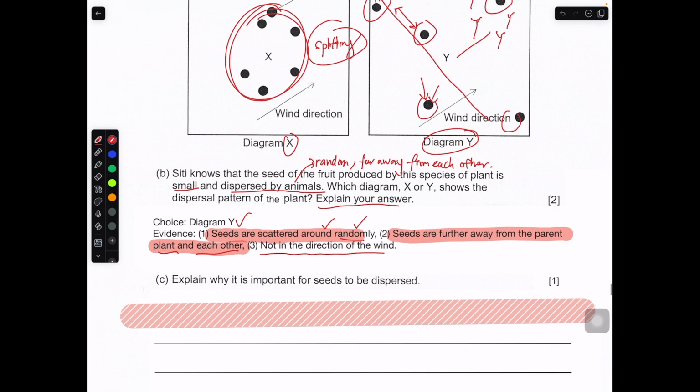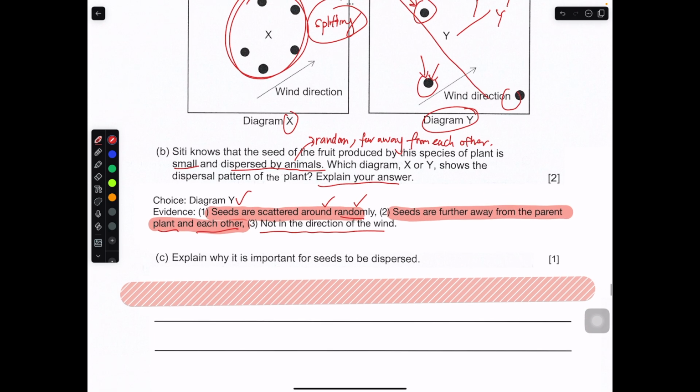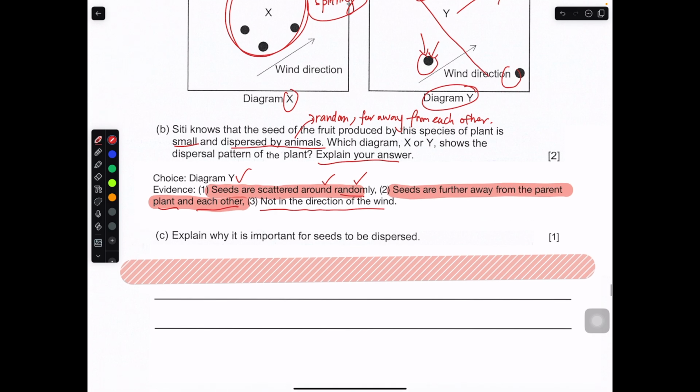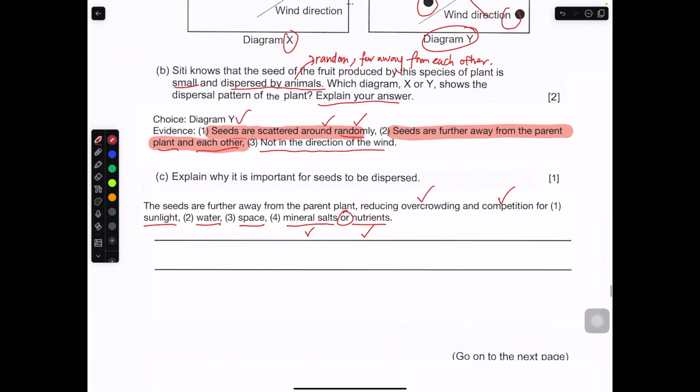Why is it important to carry out seed dispersal, for the seeds to be dispersed? Most of the time you probably relate it to reducing overcrowding. You want to reduce competition for sunlight, water, space, and mineral salts or nutrients, depending on your school's requirement. Certain schools may ask you to write mineral salts, certain schools may ask you to write nutrients, certain schools allow both. So these are more or less the 4 factors